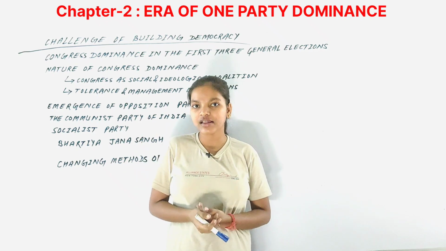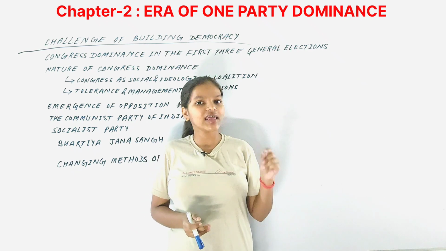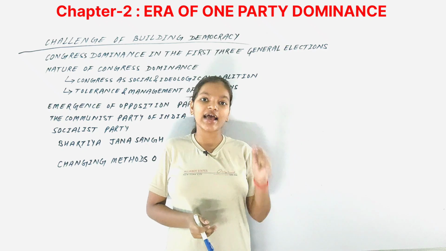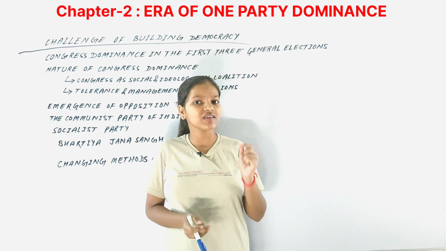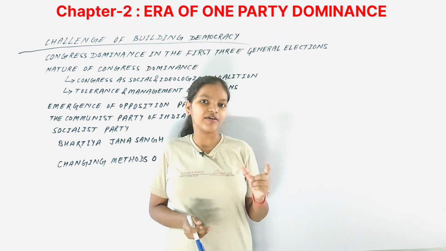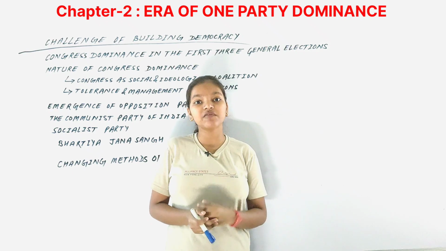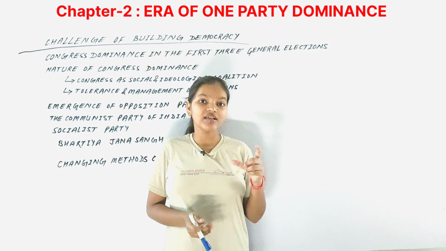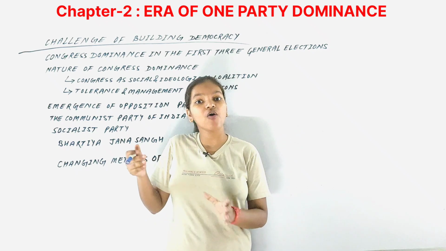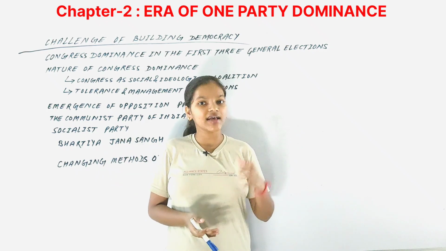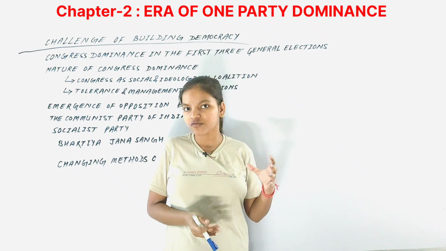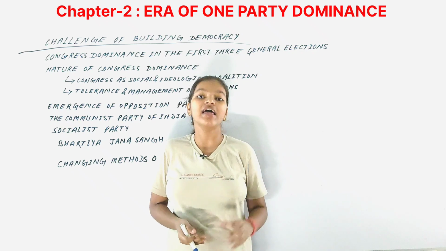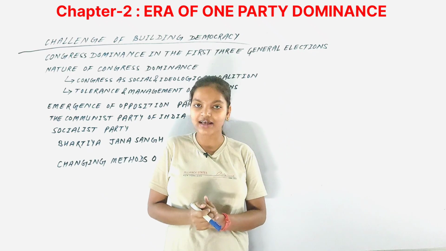Of course you have to hold the elections in the country, but holding elections was not an easy task. Many people thought that in 1950 itself there would be the first elections of the country, but that never happened, because for holding elections there were two major tasks. First was delimitation. Delimitation refers to drawing up the boundaries of all those constituencies, because you can't hold election in each and every district of the country. The boundaries of the constituencies have to be drawn up, and that is why delimitation was the first task.